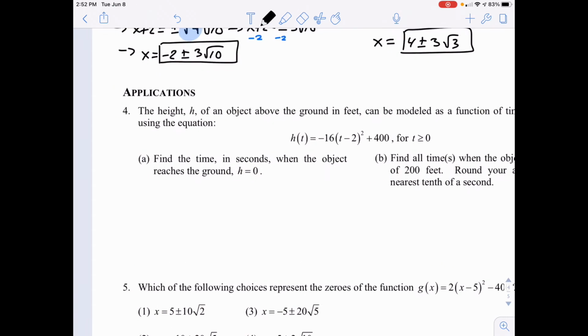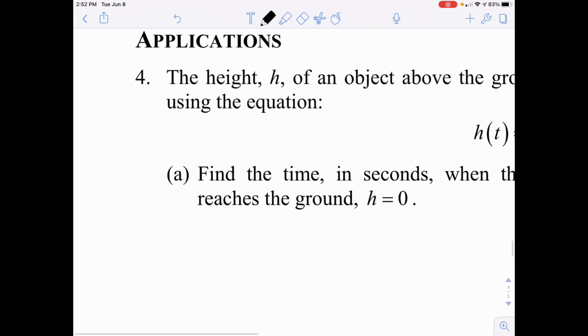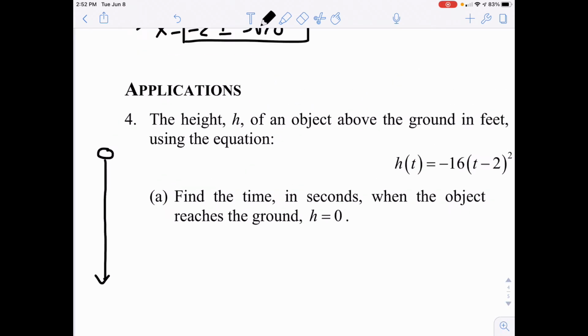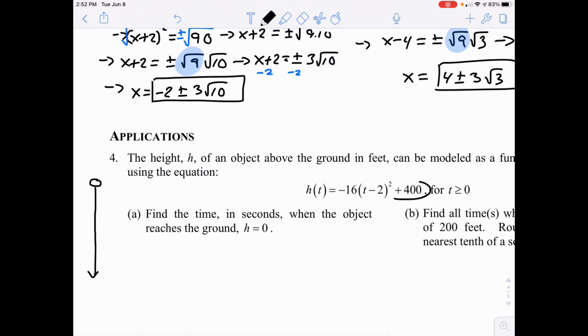Well, if you were to draw a picture of what's going on here, you essentially have an object, which I'm going to draw as a ball, and it's falling from a height at time equals 0. When you put time equals 0 right in here, in other words, when the ball's dropped, at time equals 0, 0